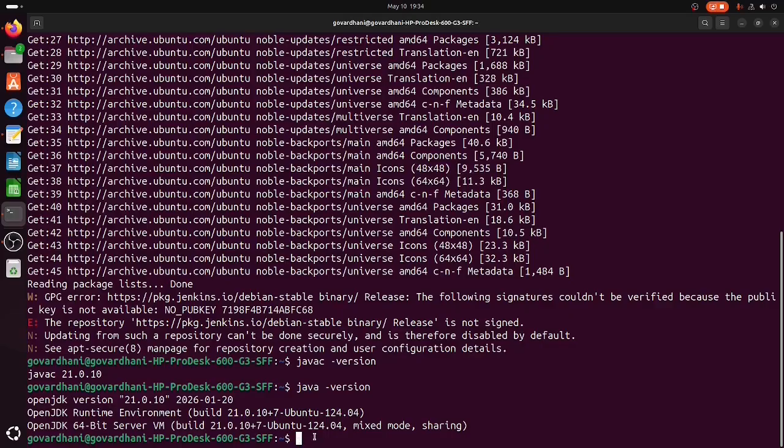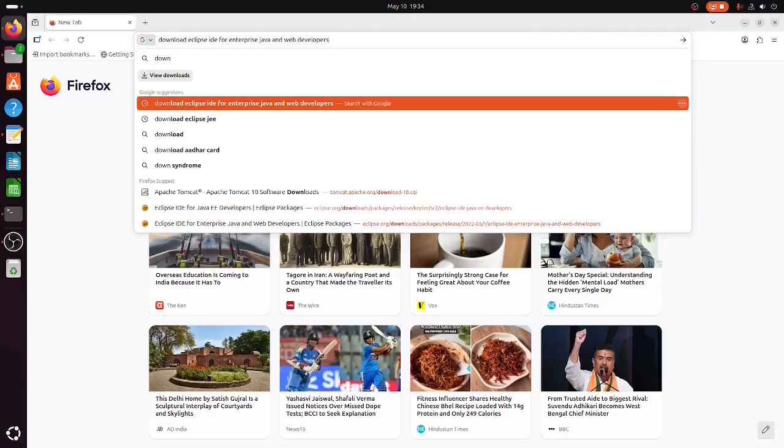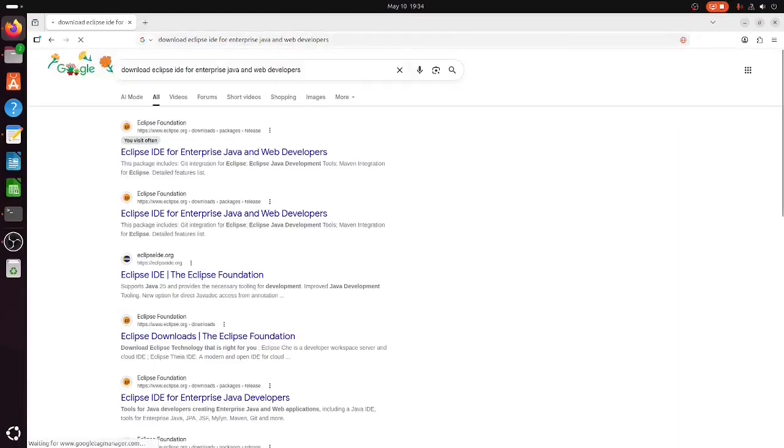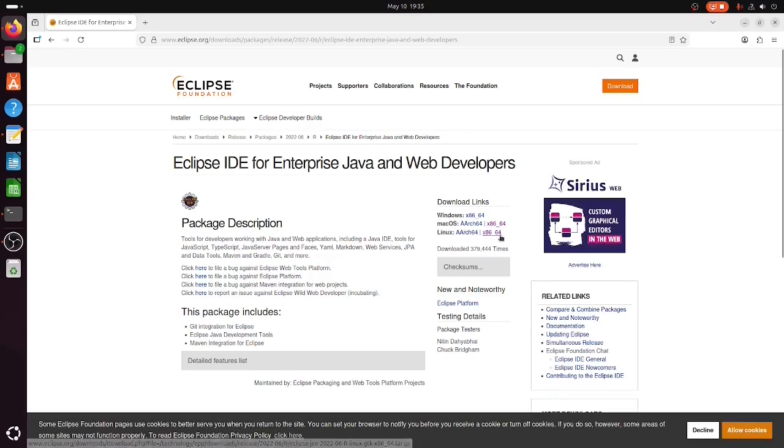So let us download Eclipse IDE for Enterprise Java web applications. Then click this first link. Linux users download this 64-bit version. Windows users download this Windows version. Similarly,